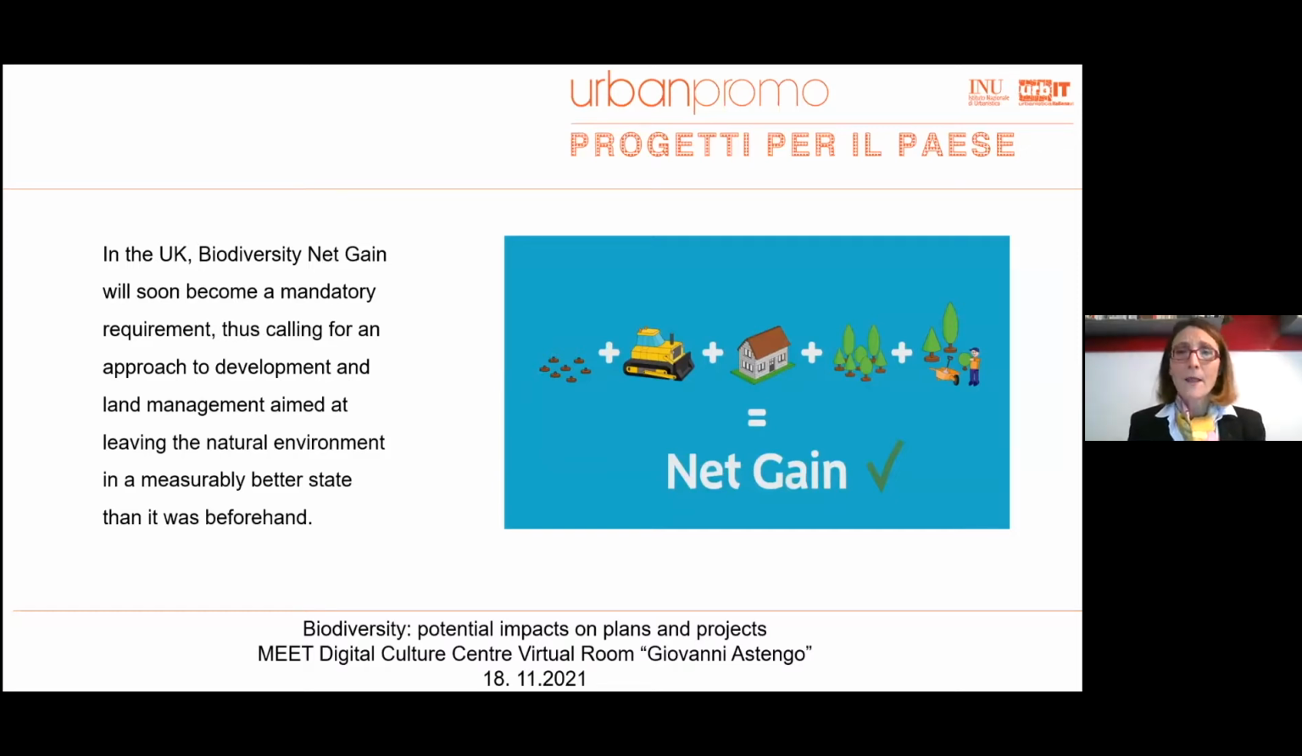In the UK, biodiversity net gain will soon become a mandatory requirement. I won't expand on this because we are fortunate enough to have Nick White with us today, who will, with a much more authority, clarify what is going on in terms of embedding biodiversity net gain into the spatial planning practice and how it relates to the current